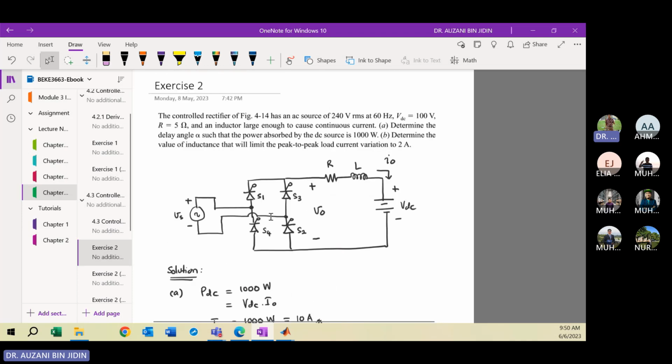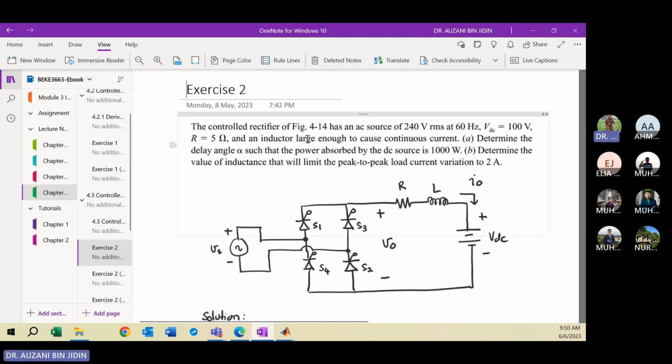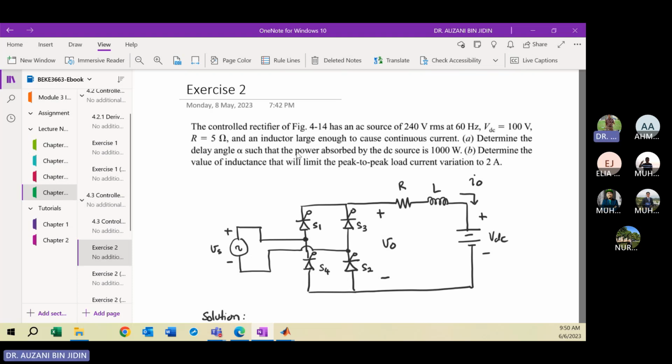Simple exercise. You have the RMS input voltage and the source at 60 Hz. The DC voltage is 100 volt. R is 5 ohm. Then you need to consider the inductor is large enough to cause continuous current. You have two parts here. First, determine the delay angle such that the power absorbed by the DC source is 1 kilowatt. And the second part is to determine the value of L,